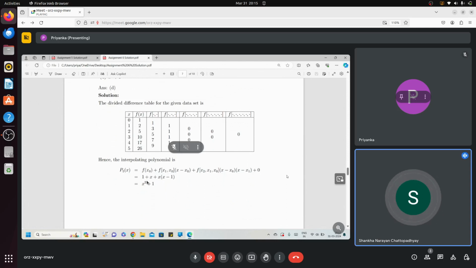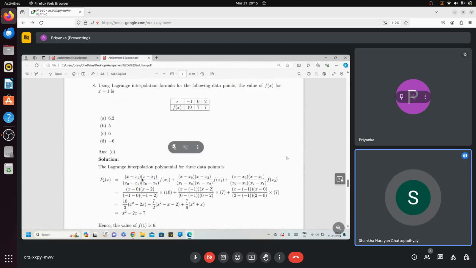Just you use this notion, the divided difference, you write them consequently: 1 plus x into 1 plus x into x minus 1 into 1, and that will be your polynomial. Next,